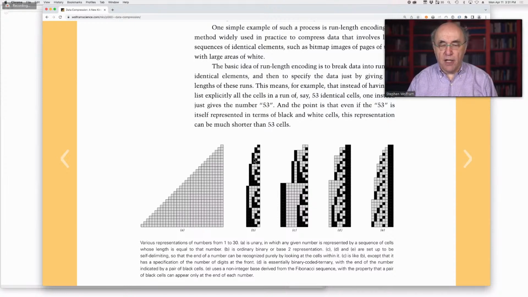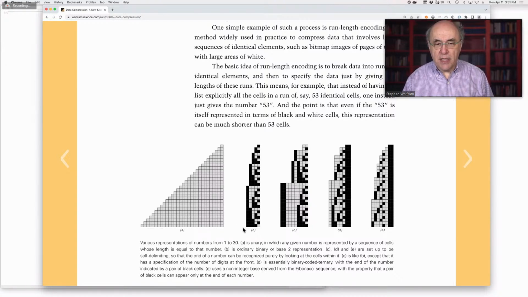So for example, if we have 53 identical white cells, how do we specify those cells? Well, here at the bottom, we're just giving those cells one after another, or actually 30 cells here. But we know there are much better ways to specify the number 30, for example. We could specify it in unary, just giving 30 tokens here, but we can also do other things. For example, we can use binary. We can specify the number 30 in binary digits, or we can use other kinds of techniques here to specify the number 30.